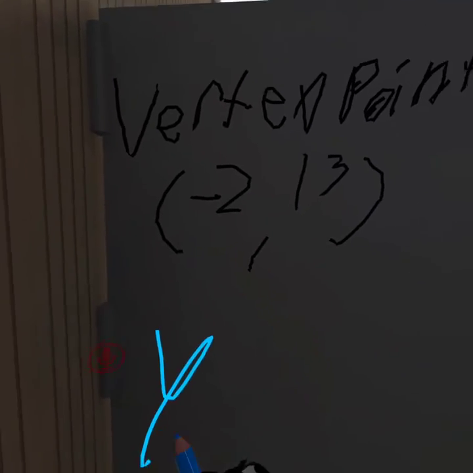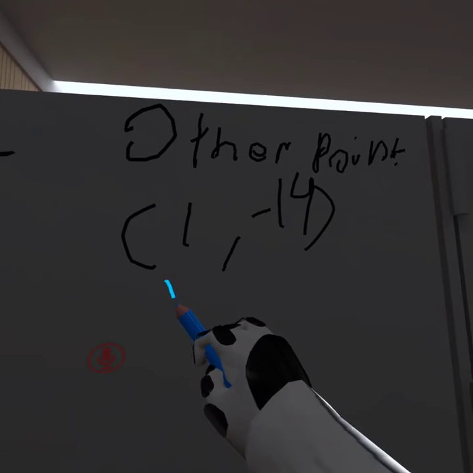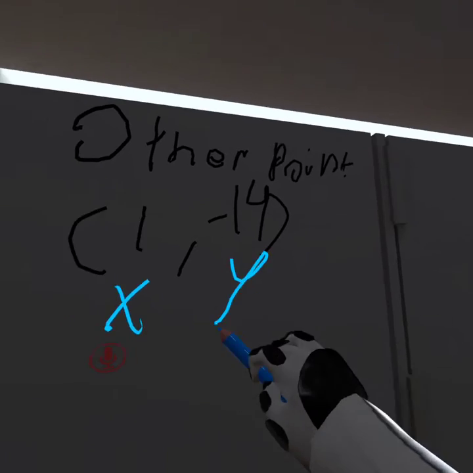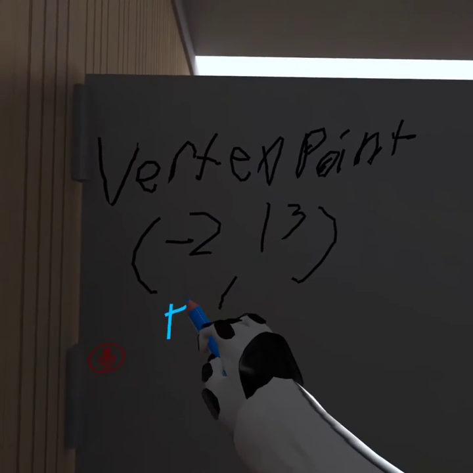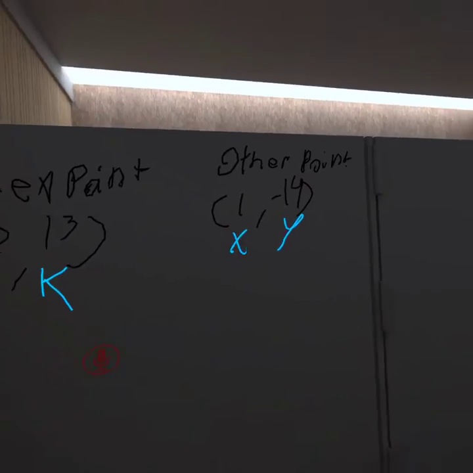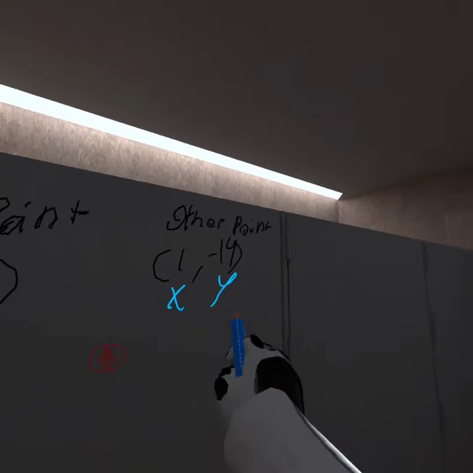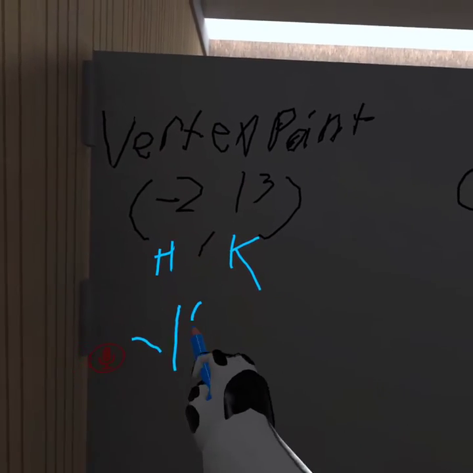So, that is y is... Actually, we need to replace the y with this: x, y, and h, k. We'll be plugging these into the equation to solve for a, and replace it. So, y is equal to